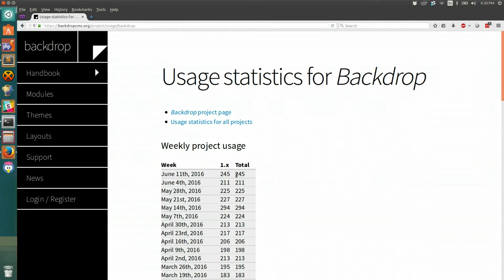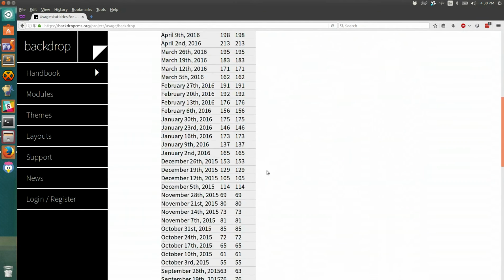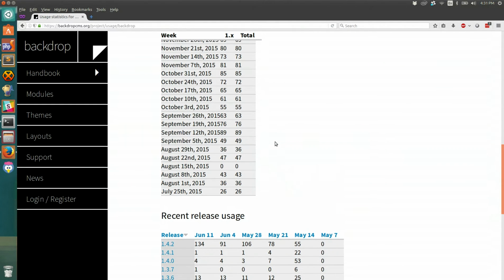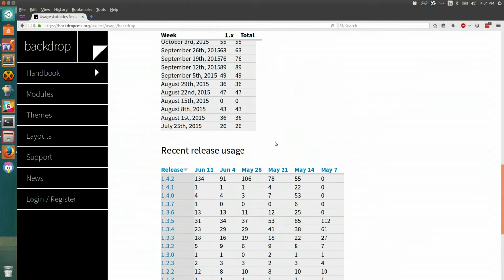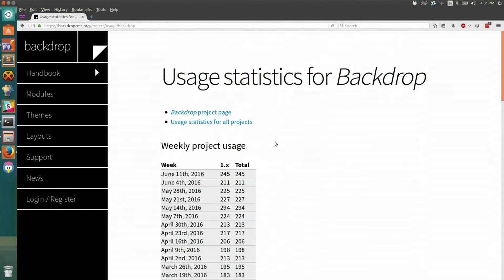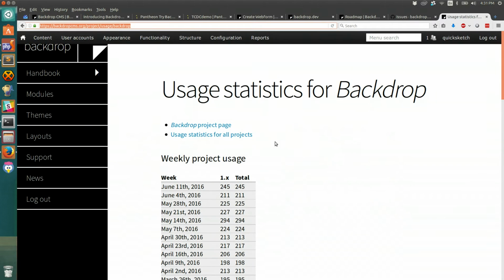But we took the project usage numbers from Drupal.org and found a lot of problems with the counting, so we've been trying to fix that up. We found out that accidentally our test bots, our test runs, were counting as usages. When I first built this, I was like, "There's 20,000 Backdrop websites out there." Turns out we just ran the test 20,000 times. Oops. We're definitely a much smaller community because we're new. But we've